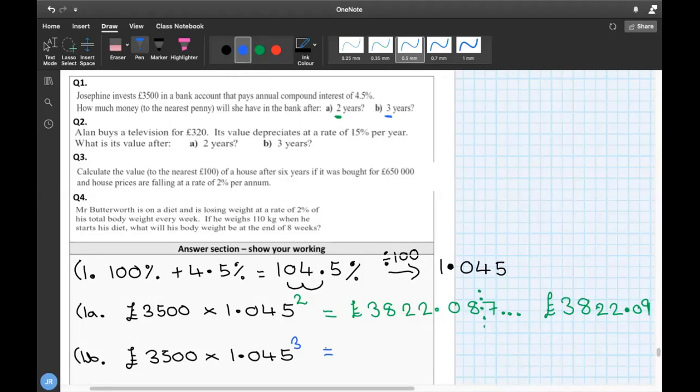Very similar thing here. What you want to do is keep all of this in your calculator and you're just going to change that squared or to the power of 2 from a 2 to a 3 because you're now cubing it or taking it to the power of 3. Put it in your calculator and you will get, oh, just bear with me a moment. Okay, put it in your calculator and you will get this value,